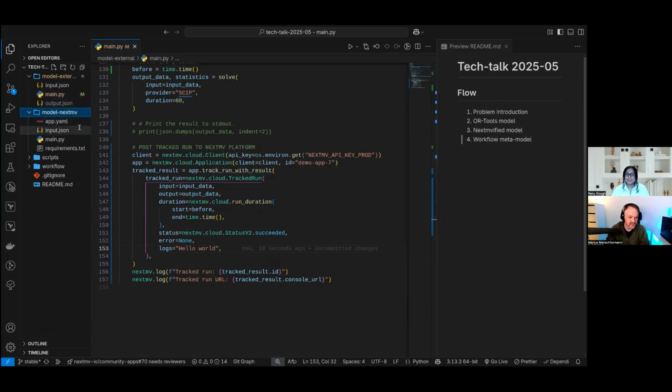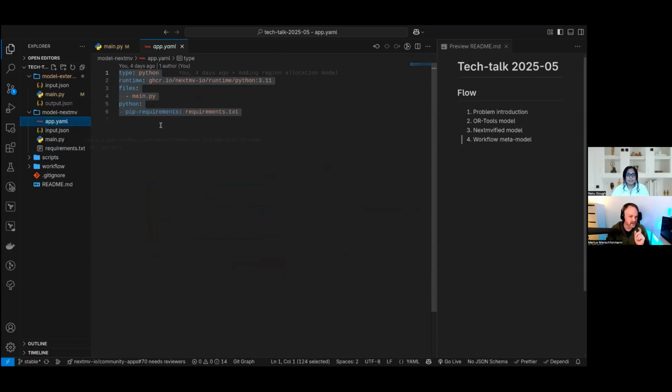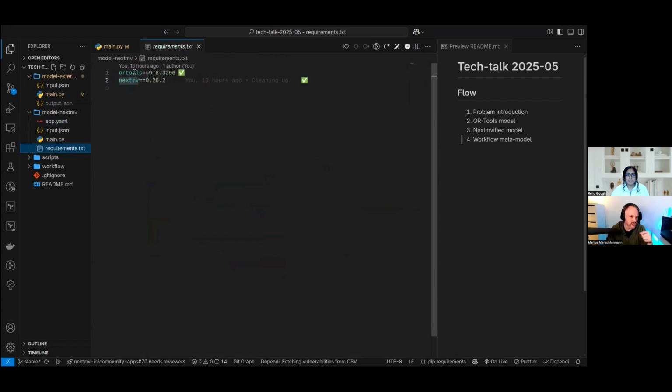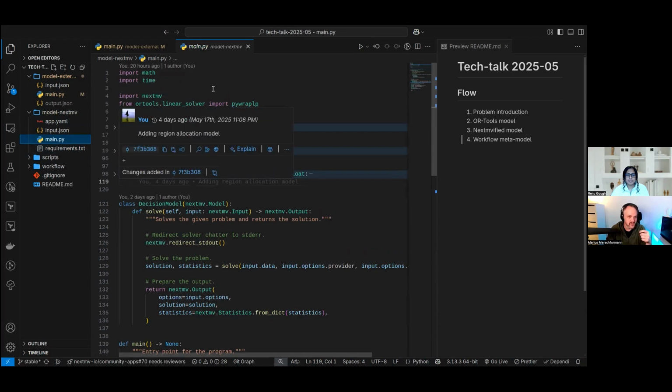I already have prepared this and will quickly walk you through how to wrap this model into like a Nextmove app, I would say. And for that, there's multiple ways that you can find in our documentation actually, but the typical approach is simply to add an app.yaml that defines, like, this is a Python app, for example. This runs in a Python runtime. There's actually only the main.py file that we're interested in, and some requirements. The requirements right now is OR tools, obviously, and Nextmove. And then the input JSON is just copied from the other folder,